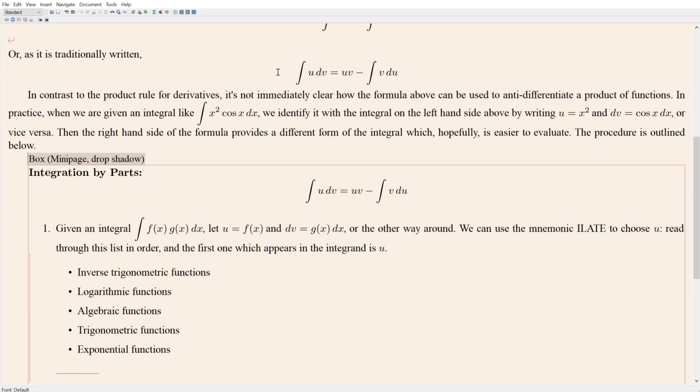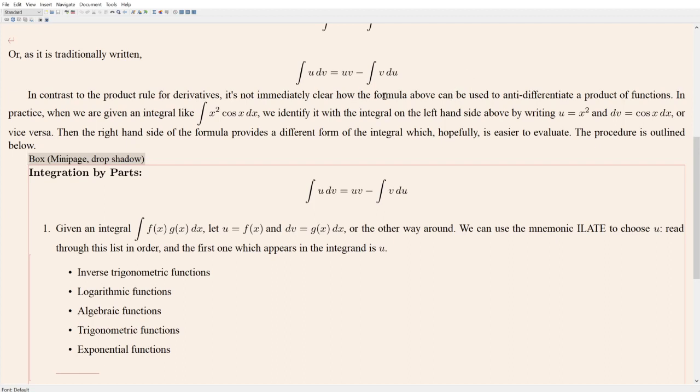It's not immediately obvious how we would use it, though. Given an integral, how is this formula, which just seems abstract and like just a collection of symbols, how does this formula actually help us? Well, we're going to do a bunch of examples that I hope illustrates the use of this formula. But in general, what we want to do is,